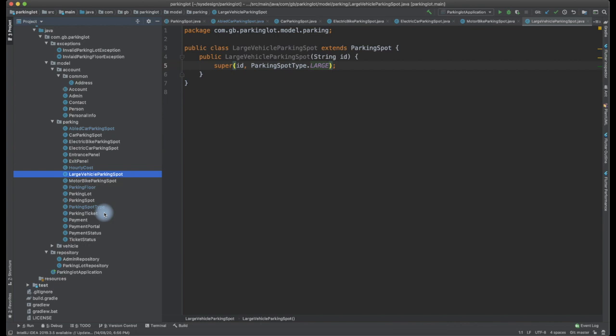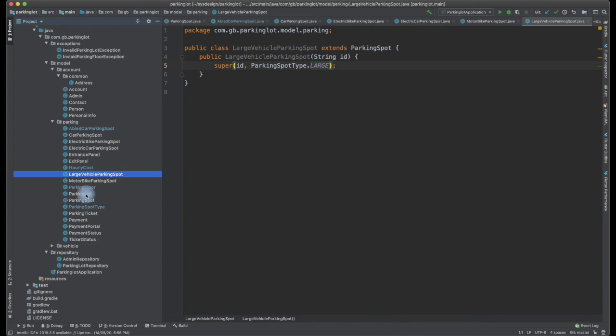So if we need to add a specific type of parking spot in future based on the type of the parking spot that we have generated, it is extendable. We need not go and modify every other place. We just need to add an enum and then create a new class with that parking spot type, that extends the parking spot, and make it available to users to use it. So the extensibility is taken care of here, is what I want to point out.